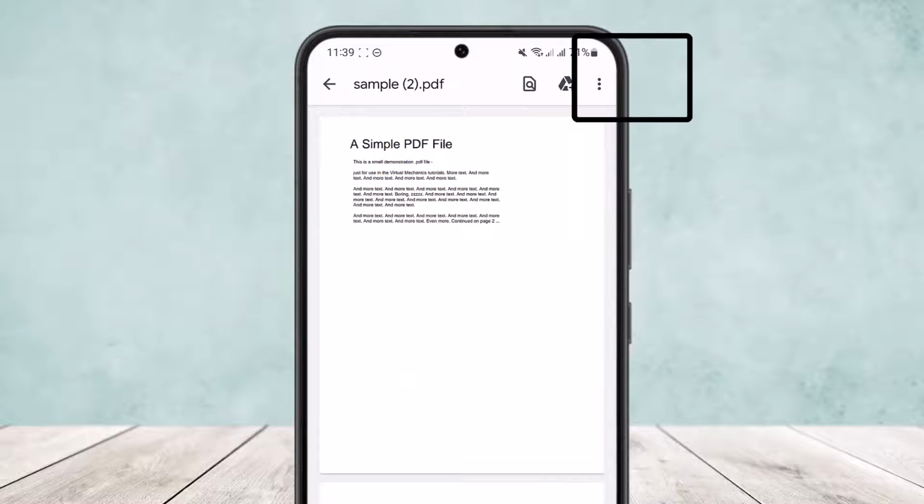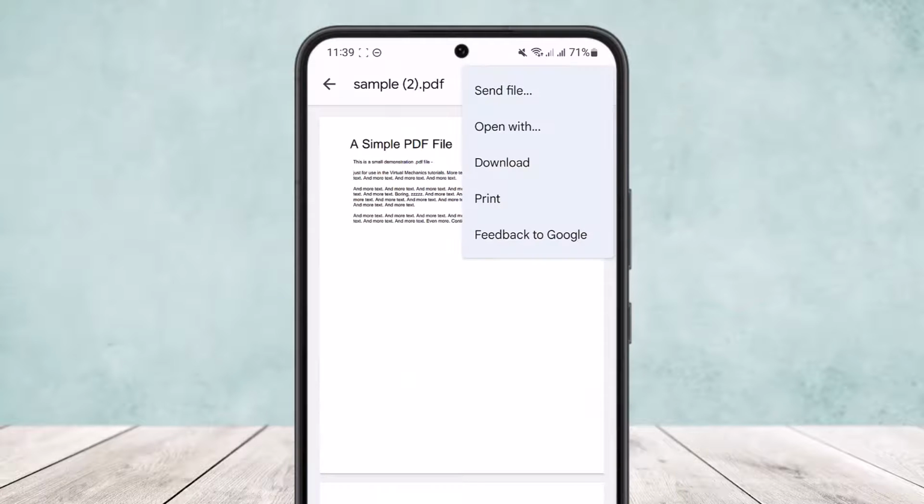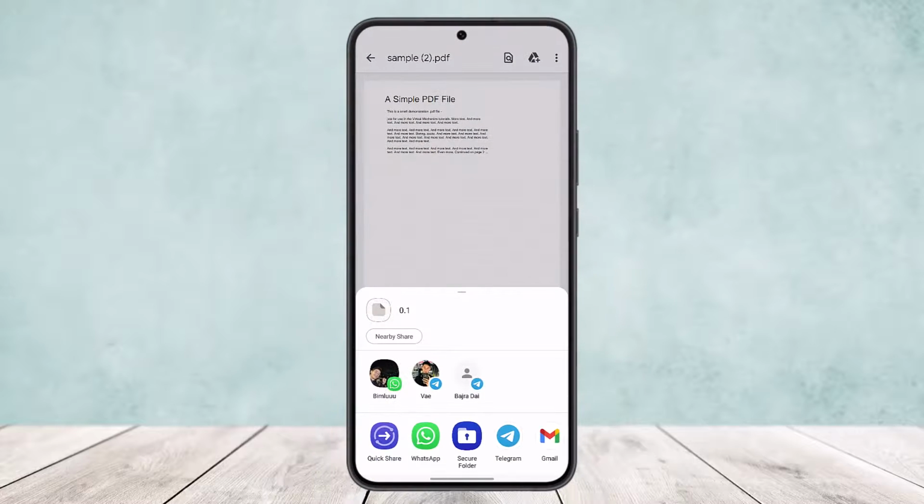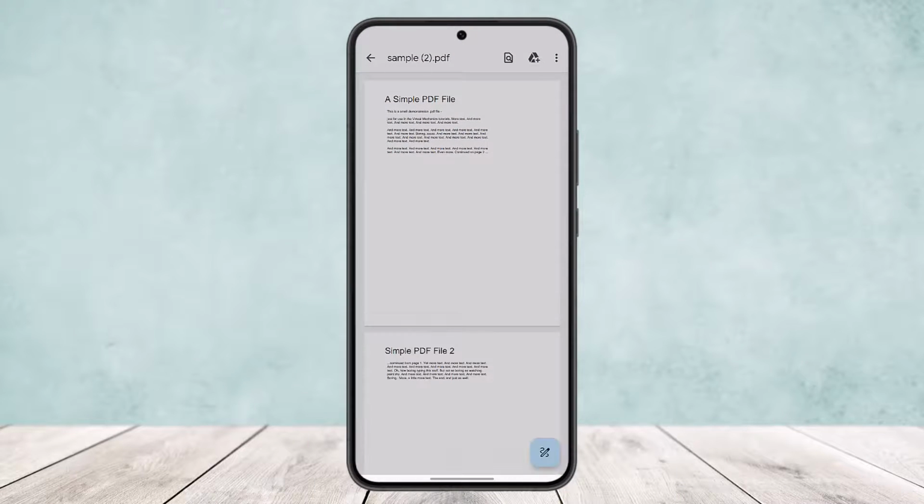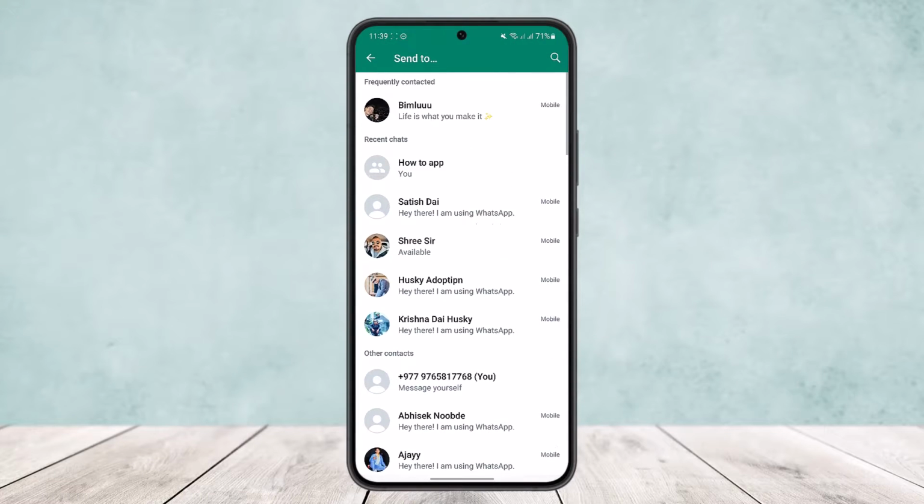Now tap on the three dots at the top right corner of the screen, and there you'll find the option to send file. Simply tap on send file, and here you'll be able to see the WhatsApp option right here. Tap on WhatsApp and select the contact that you want to send to, and then you can select multiple contacts